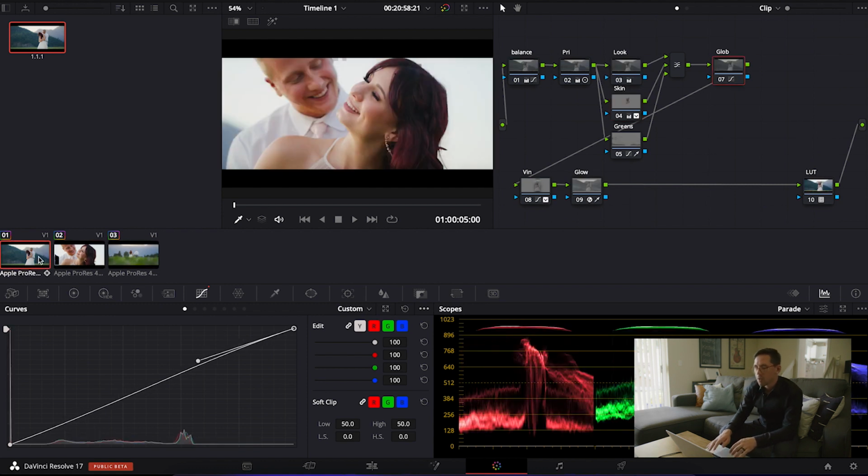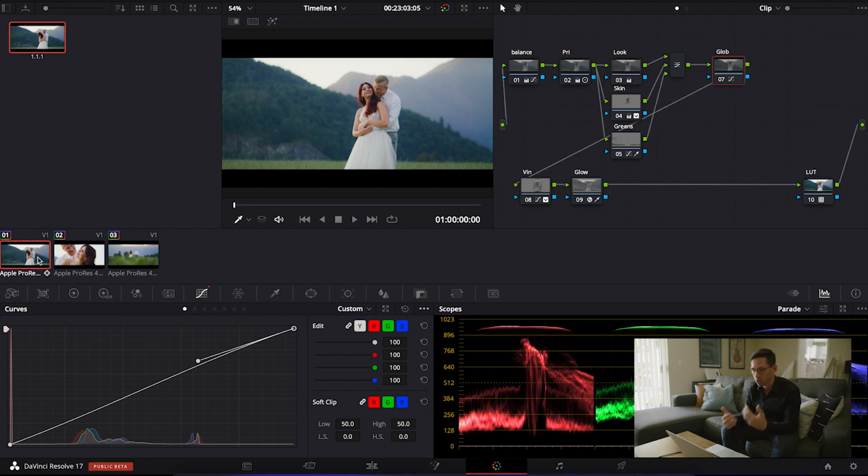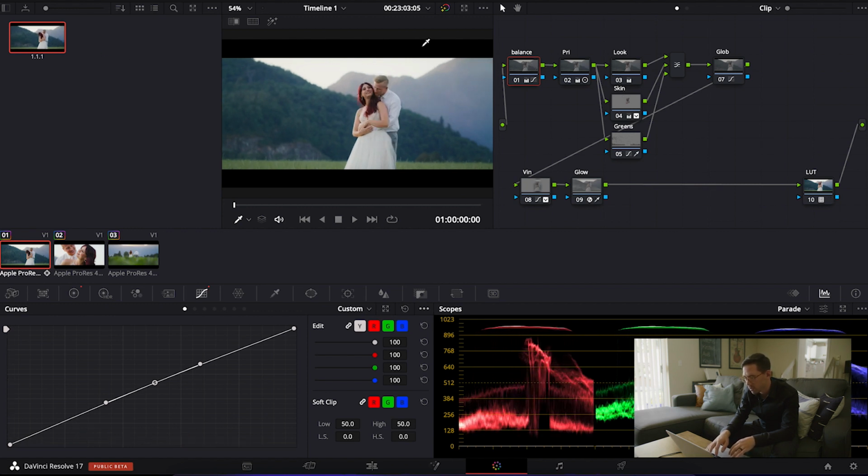And then you're able to copy this from shot to shot to shot, and you basically have the same formula. The only thing that I would do maybe a little bit differently is what you can do, and what I usually will do on bigger projects, is I'll create my balance to make sure that I'm working with an accurate image, and then I'll create this whole look structure. And then before I grab the still, I'll actually remove all the effects on this balance,